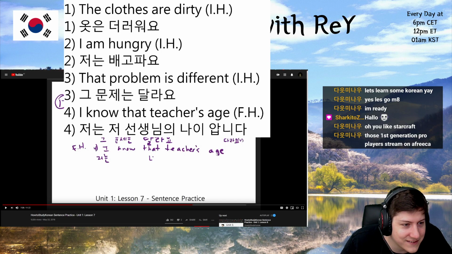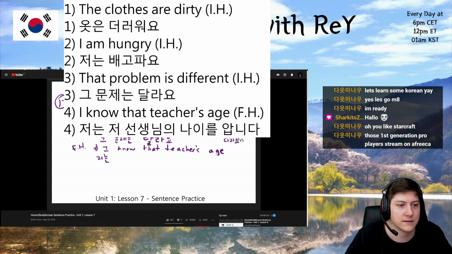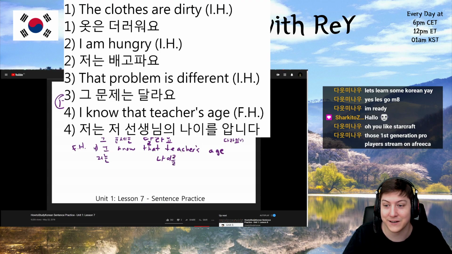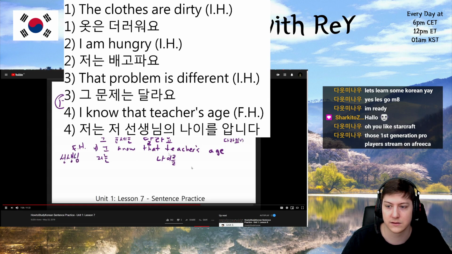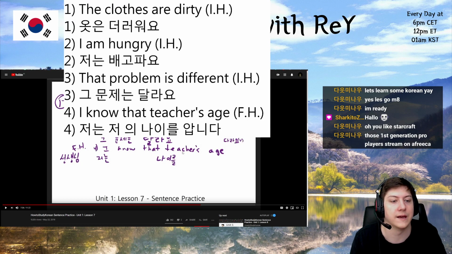Okay, let me just fix this very quickly. Nai. That's the object, so I'm going to include the object particle here. We do, of course. I want to indicate that I'm referring to the teacher's age. I could use the word 선생님. Yes. But I actually taught you another word for teacher. Oh, another. Okay, we didn't know that. But I can use that other word. So I remove 선생님 here, and I add